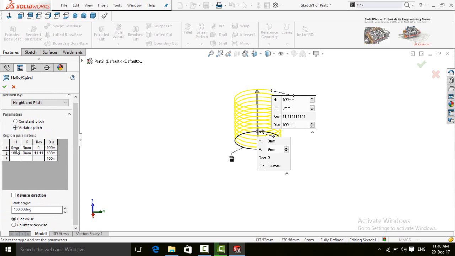So at the height of 0 millimeter, the pitch of our spring is 15 and the diameter is 100, and at the height of 60 millimeter, the pitch of our spring is 12 and the diameter of the circle is 60.